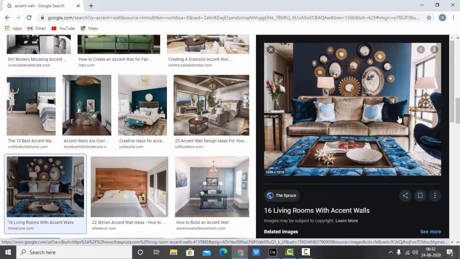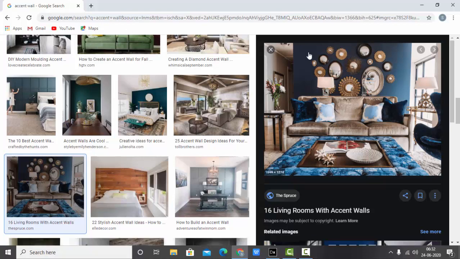Here, with the different color wall, they have used some artifact elements, like some mirrors and decoratives. So what does this bring? This is actually creating my interest to look at the wall. This is what the interior elements do. But in the same way, how can we create a visual interest with lighting? That we are going to see.